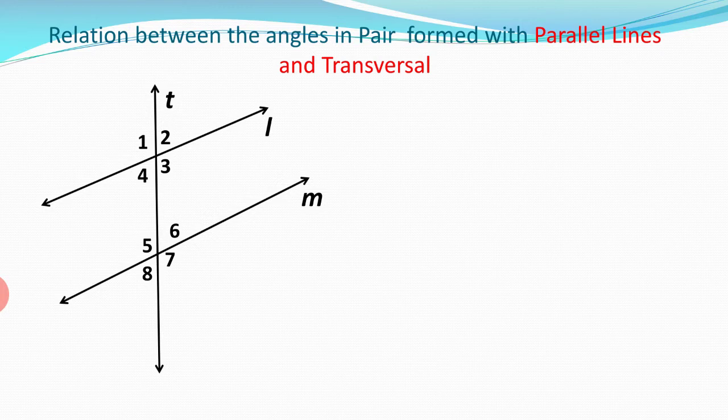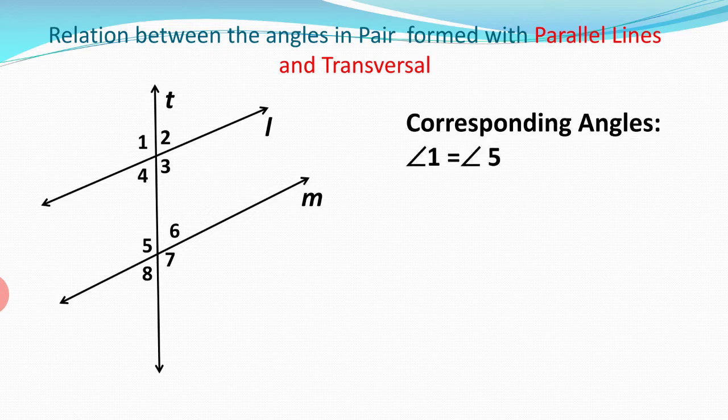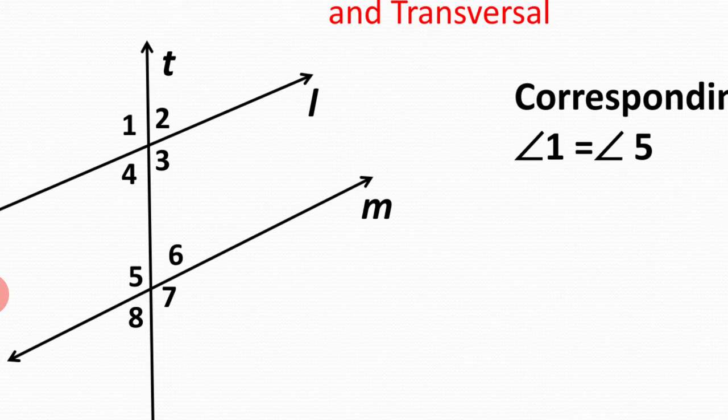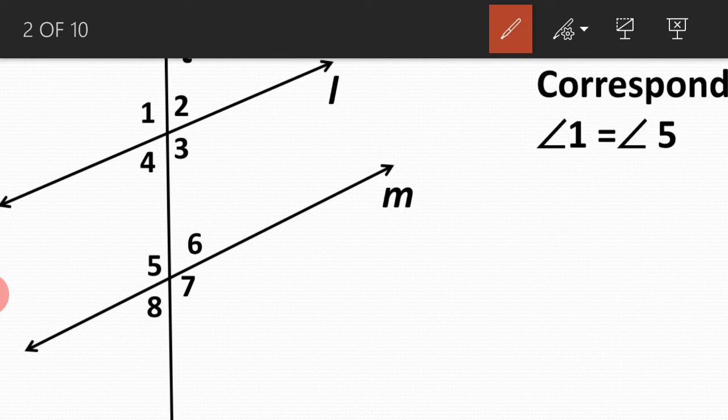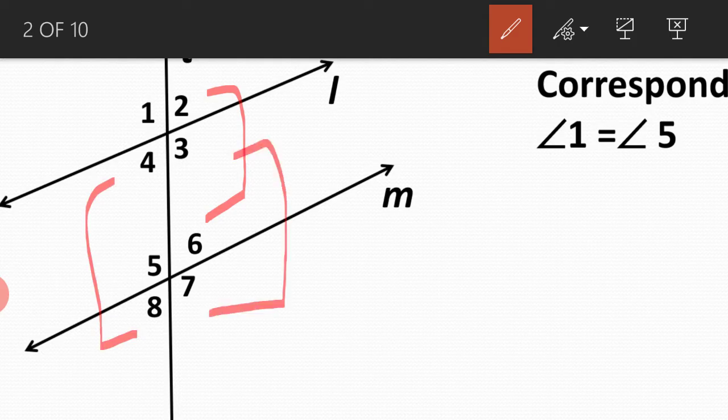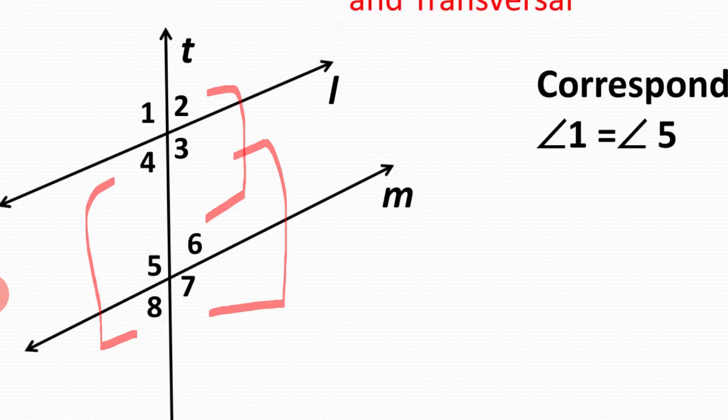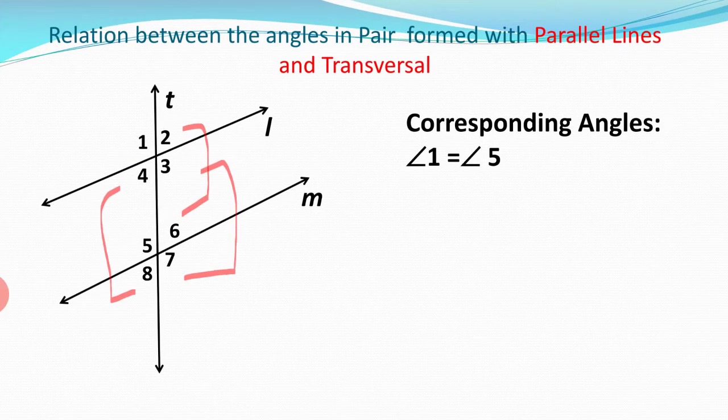Is it okay? So when we have parallel lines and a transversal, we get 4 pairs of corresponding angles which are equal. Now I'm just revising. I'm not at all explaining because we have done this well in 7th standard. So which are the pairs of corresponding angles? So we say 1 and 5. Is it okay? Then which are the other pairs? You must be telling correctly. 2 and 6. Then 4 and 8 and 3 and 7. So these are the other pairs of corresponding angles, and if the lines are parallel, the corresponding angles are equal. Is it okay? So we write down these pairs.